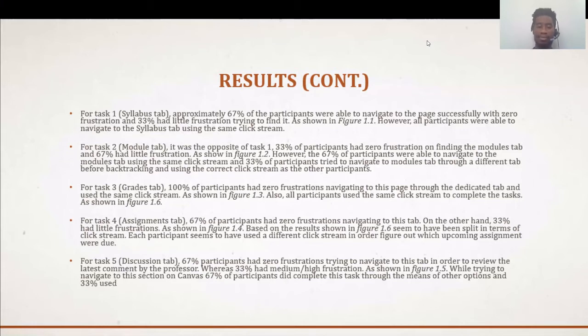However, all the participants were able to navigate to the syllabus page using the same clickstream. For the modules tab, it was the opposite of the first task. Only 33% had zero frustration trying to navigate to the modules tab, and 67% had little frustration. However, 67% of the participants were able to navigate to the modules tab using the same clickstream, and 33% tried to navigate to the modules tab through a different tab and ended up backtracking and using the same clickstream as